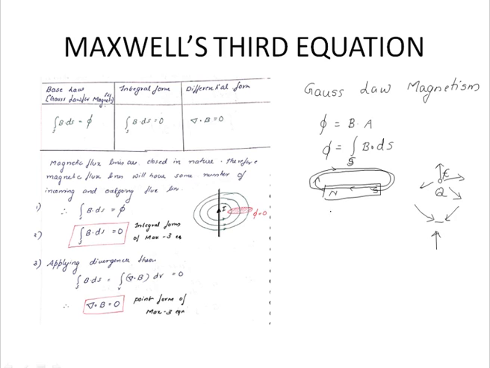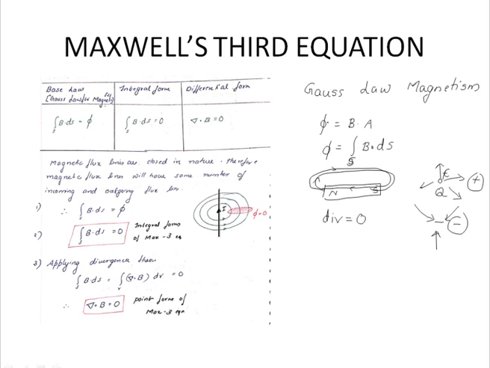But on the contrary, in case of magnetism, if you take this as a magnetic charge or isolated charge, we can't isolate a magnetic pole, but we call a magnetic pole equivalent to a charge. Then this is a source, but there is a receiver also. It's a closed loop. So we can conclude that the divergence will be equal to 0. Here we have a negative divergence, here we have a positive divergence.